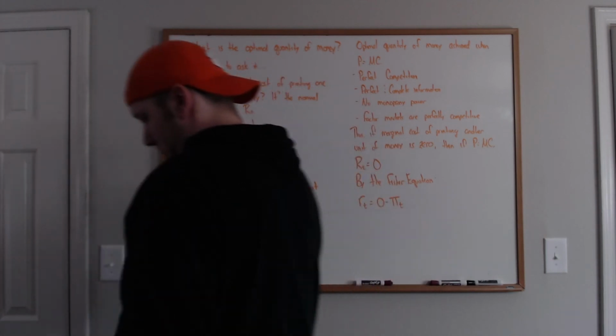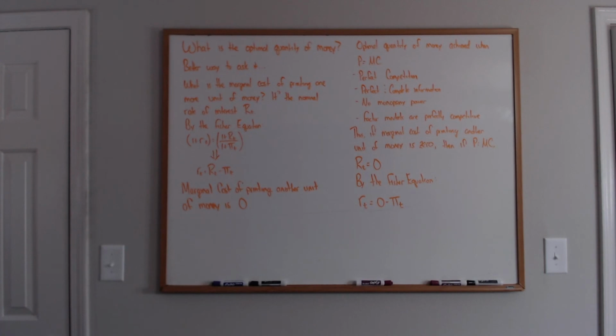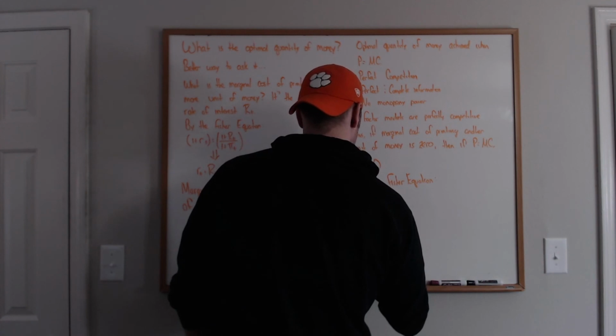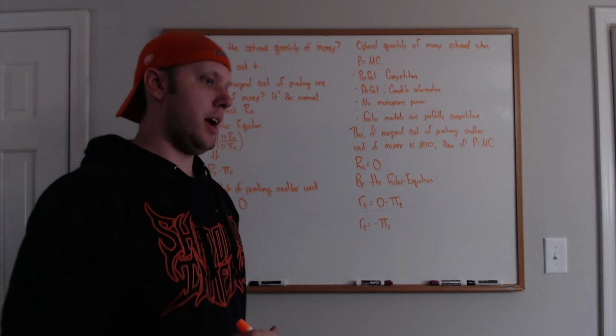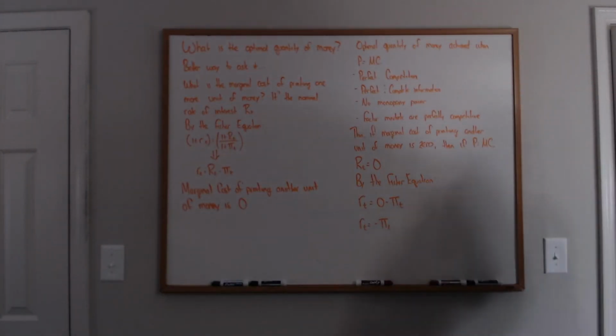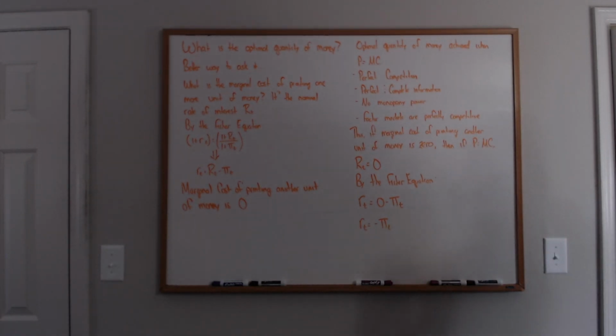well, it says that the real rate is equal to the nominal rate minus the rate of inflation. The nominal rate is equal to 0, that reduces down to the real rate equals the rate of deflation in the economy. That, everyone, will achieve the optimal quantity of money. Because if the price is equal to the marginal cost, we will get the optimal quantity of any good. Money is a good. So if the price of money equals the marginal cost of printing money, the price is equal to 0,